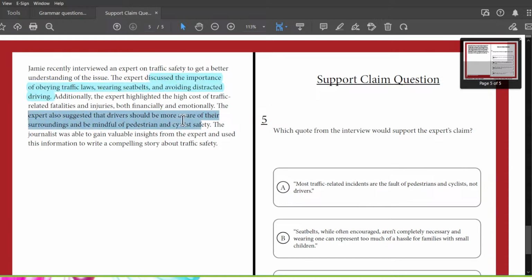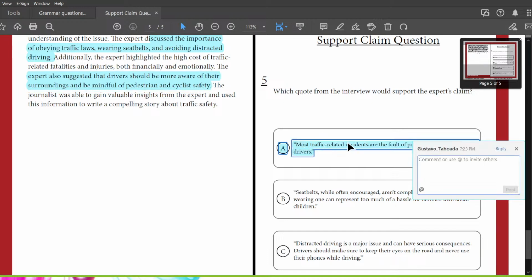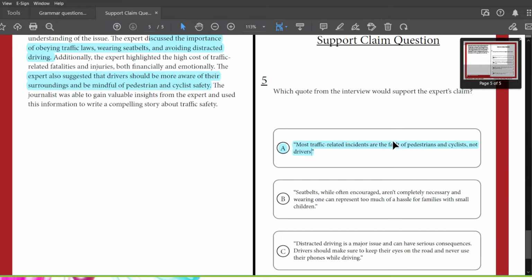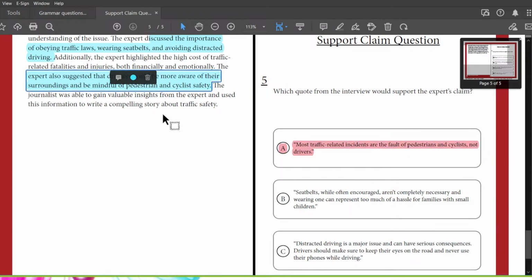Also suggested that drivers should be more aware of their surroundings and more mindful of pedestrian and cyclist safety. Okay, so I got kind of 2 key details of this claim. I just got to make sure that I match my answers. And since they're telling me that I want to be aware of pedestrian and cyclist safety, I can tell you A is going to be wrong because it's blaming those people, right? It's blaming the pedestrians and the cyclists,